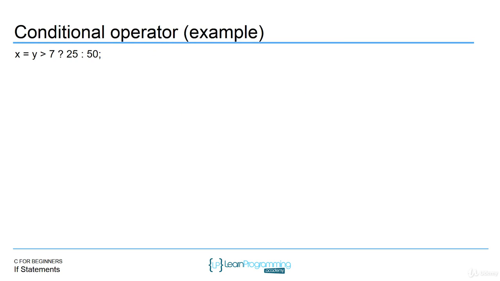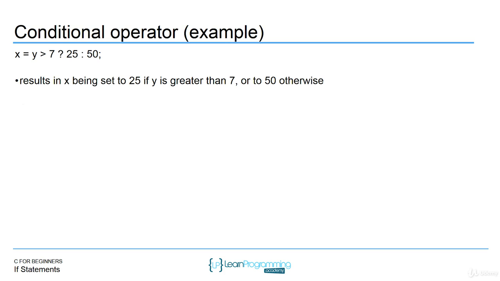So this looks kind of funny to read, right? But what this is saying is x equals y is greater than 7, so what this is doing is an assignment. So if y is 9, it's going to say y is greater than 7, so it's going to set x to 25. Otherwise, it's going to set x to 50. So it's a little confusing to read at first. What this results in is x being set to 25 if y is greater than 7, or to 50 otherwise. So it's an easy way to do an assignment